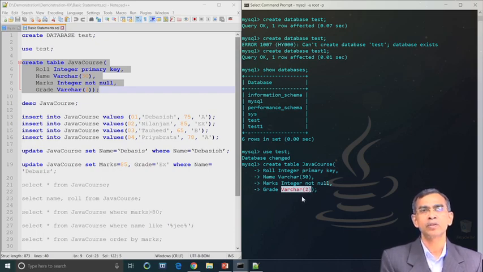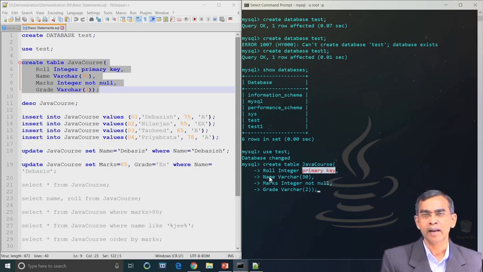And one more thing that you should insert: for the first field roll we have declared the primary key. For every database table there should be one field as a primary key. There may be more than one field as primary key also, no issue, but if it is a primary key then it should have no null entries and all entries in any rows should be unique.